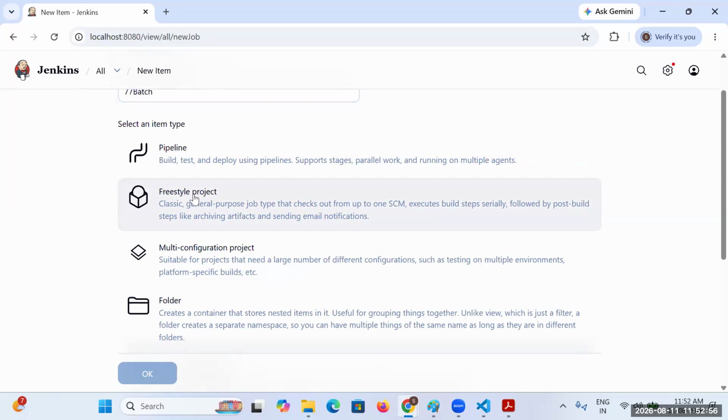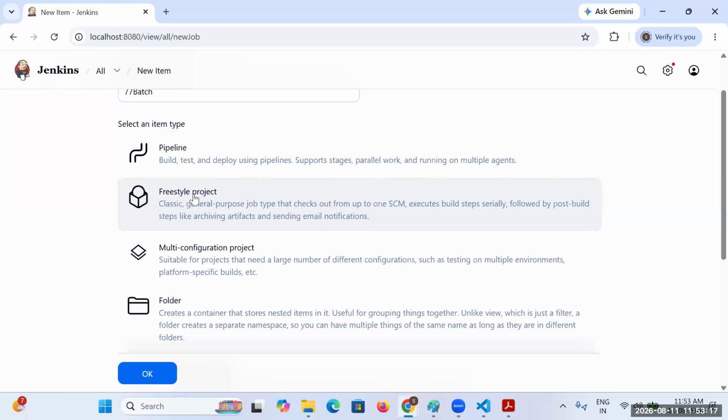Make sure that you select freestyle project, because Jenkins is not only related to testing.